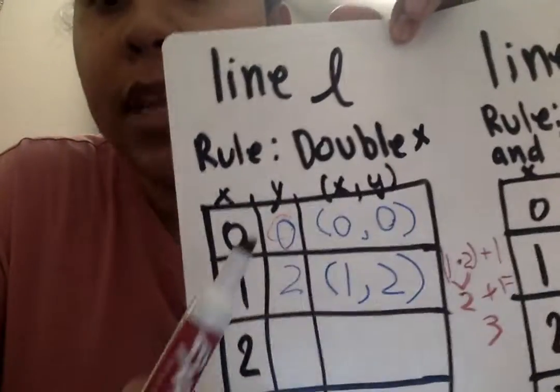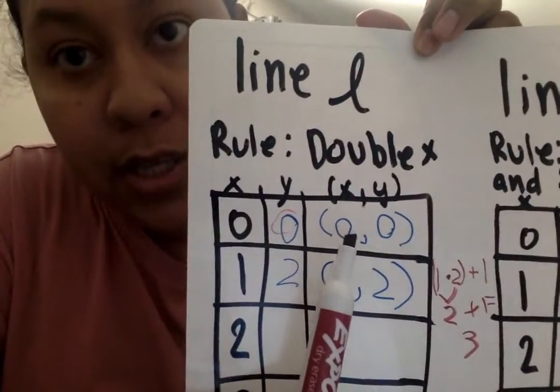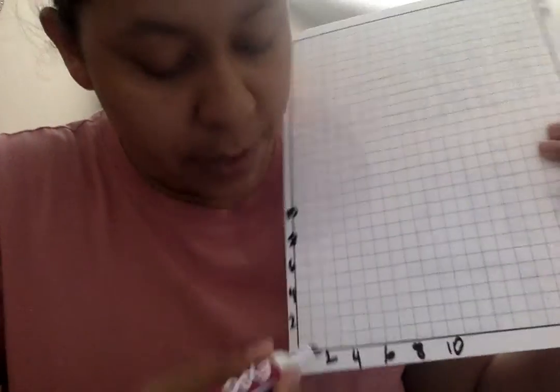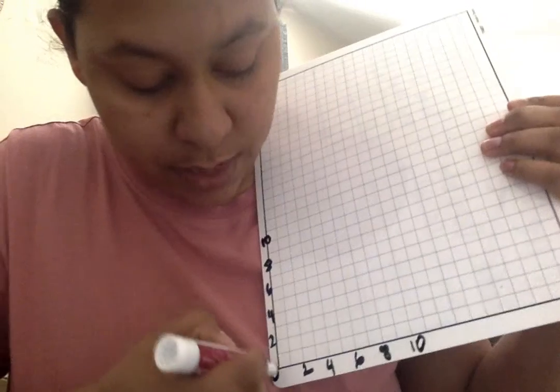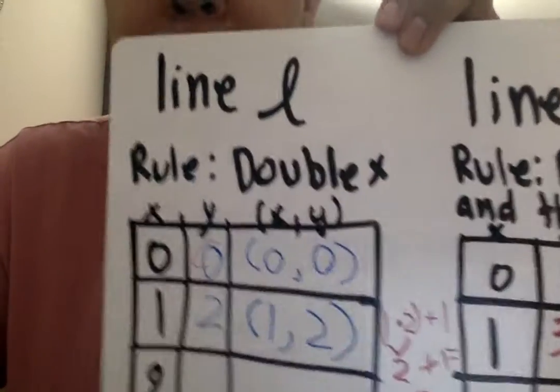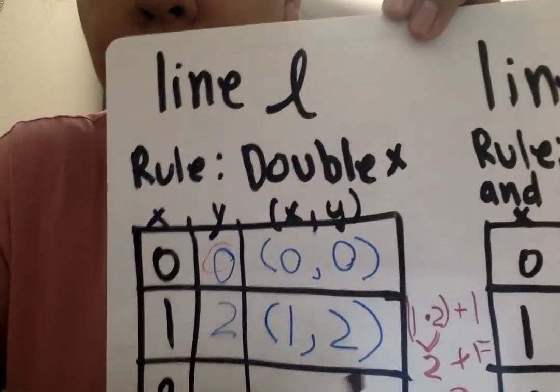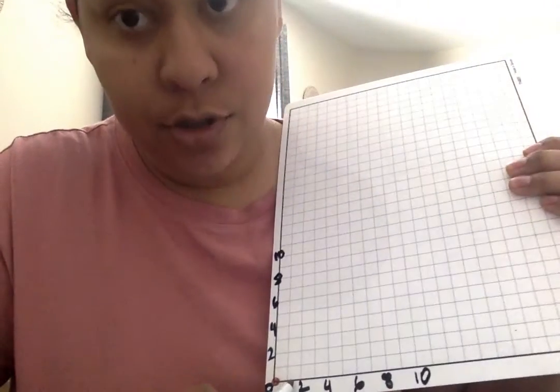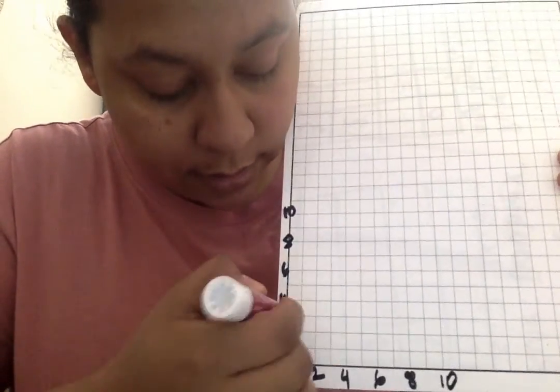So let's start with line L. So line L, our first coordinate pair is 0, 0. So now I'm going to look for 0, 0 on my coordinate plane, which is right there. So my next coordinate pair is 1, 2. So 1 on the x-axis, 2 on the y-axis,